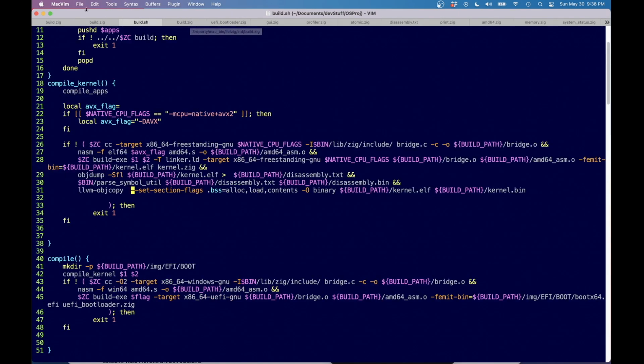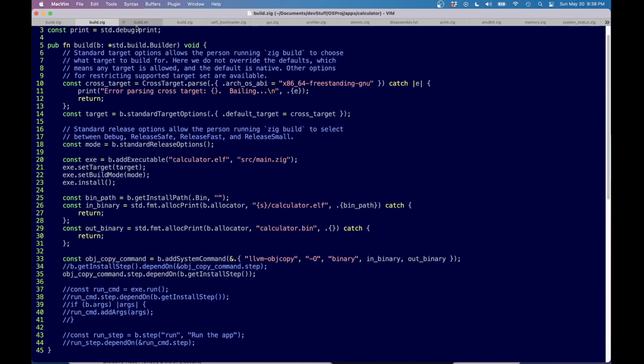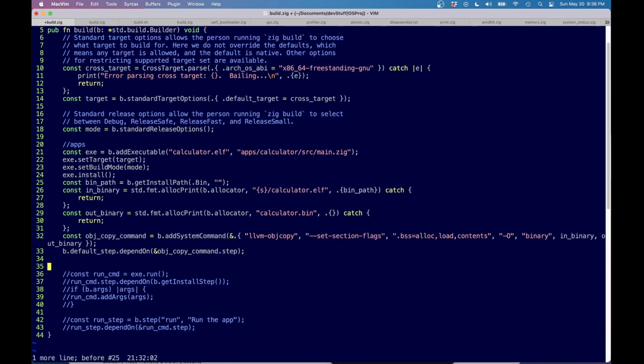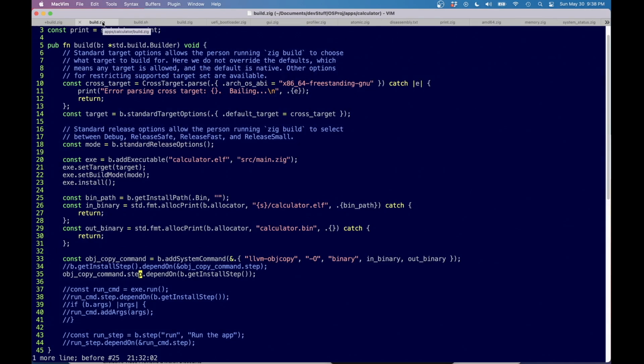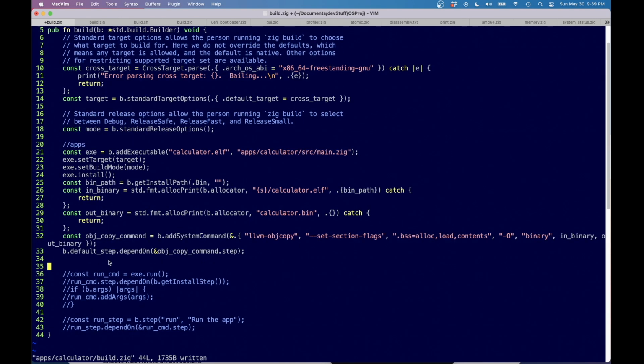Yeah, I don't understand this. Alright, let me get out of this. But it's good to know that get install step is the same as default step here. Okay. So somehow, this install step,